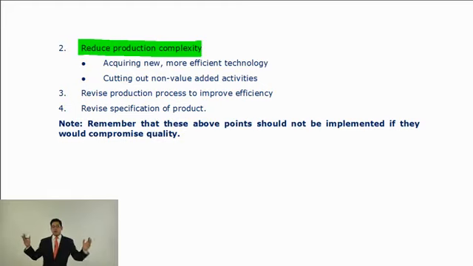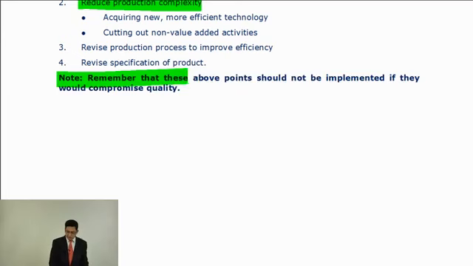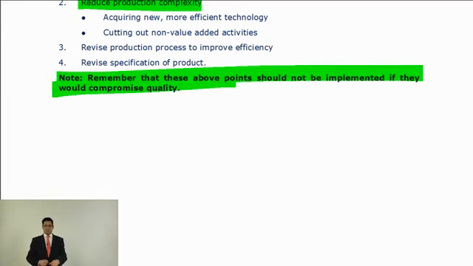Rather than sending big large packets, we normally reduce the package size of the product as well, rather than sending a huge packet. Okay, so a number of things can be applied, but remember, any of the above methods will only be implemented provided we do not compromise the quality. Okay, if any of the steps compromise the quality, then we are not interested in implementing those steps. Then we need to start thinking about something else. Okay, why is compromising the quality not a very good idea? Because if the customer is not willing to buy that product, this whole target costing system collapses. Okay, now here is,